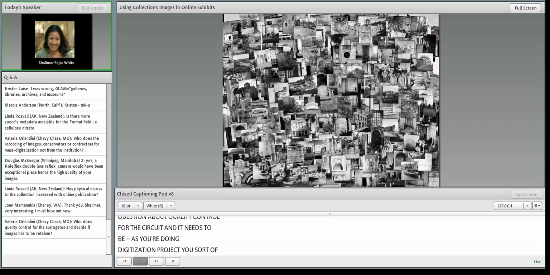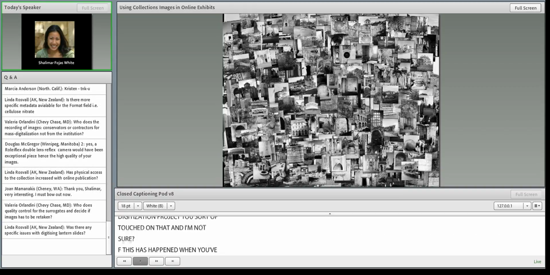Yeah, so usually, at least, and this is what we've been doing since when we do very small digitization projects, usually for publication requests, if it's an intern or a part-time person that's doing the digitization, there's always a staff member who will be doing the quality control, just to make sure that the surrogates are of sufficient quality for publication,